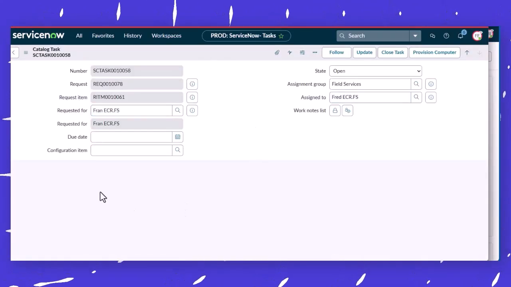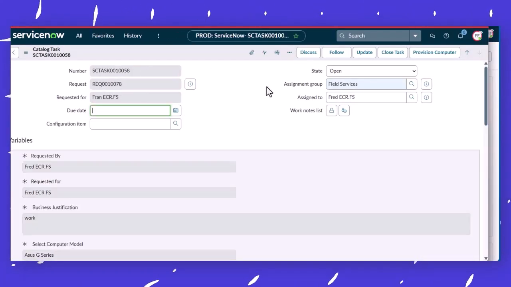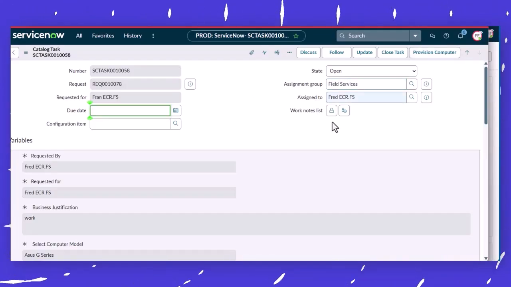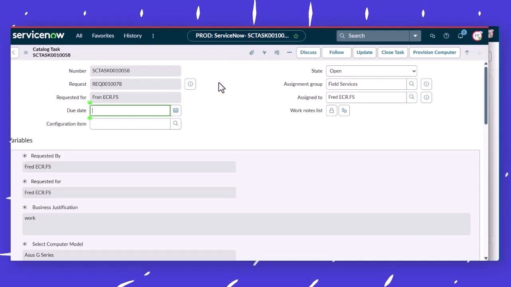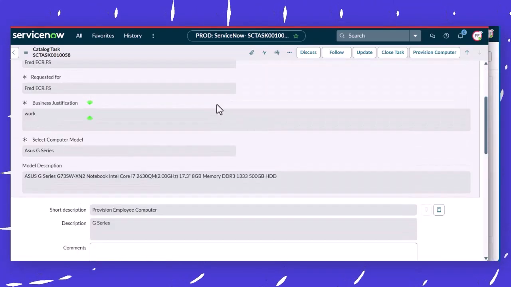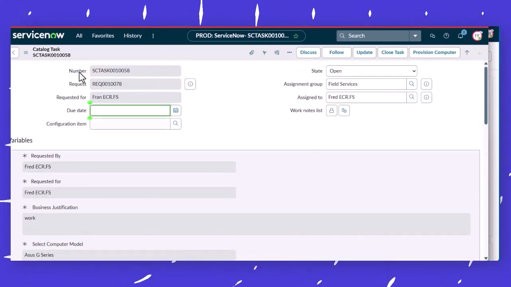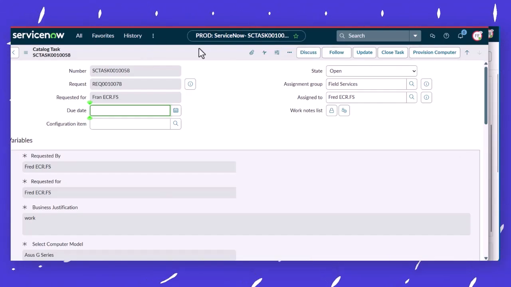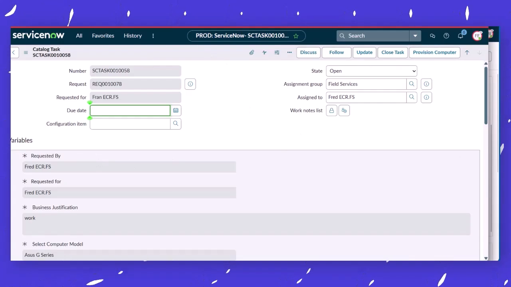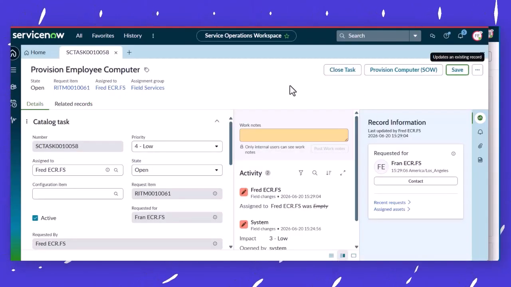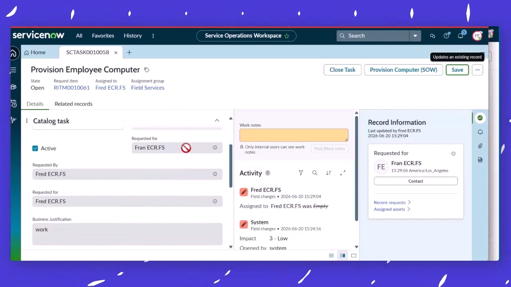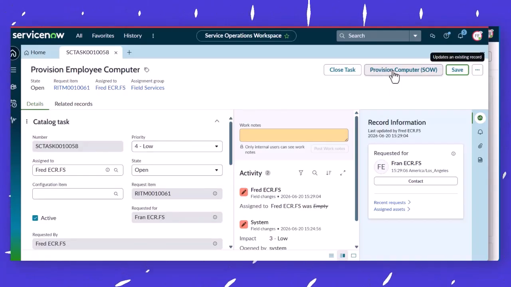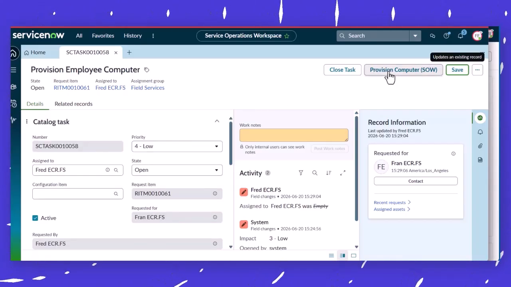And on this, if he were to look at it this way, he could still provision the computer. It's a button to provision, and it's the form with this information. Same form, and the buttons do the same thing. It's just there's a button for this form, and then there's a button for the workspace also. So once he provisions it, it'll update this task, and then there'll be another